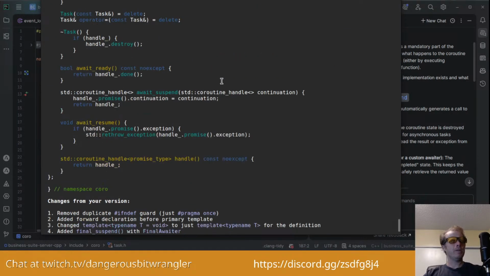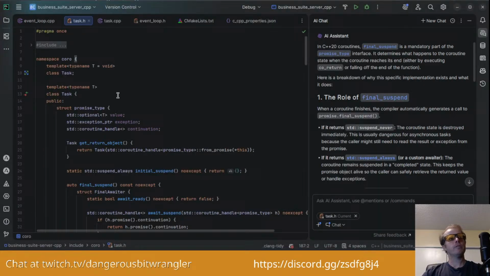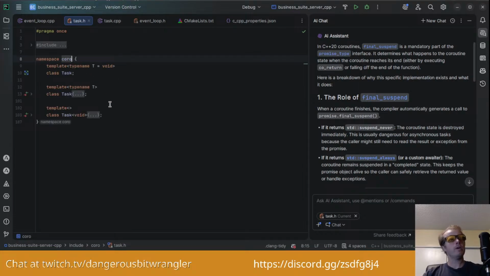What an interesting way to define classes in C++. There's a lot to it. In this case, just for my own sake, I have to quickly review this. We basically have a template with a type name defaulted to void, and then a class named task.